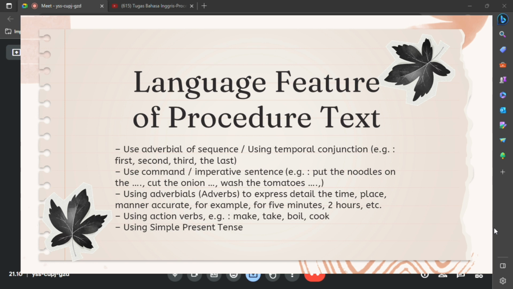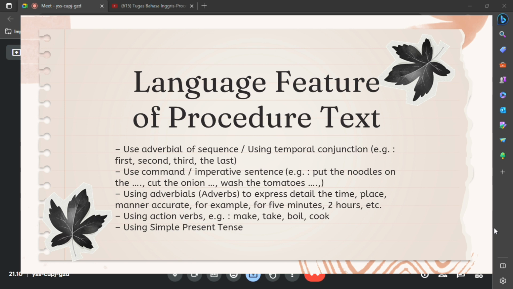They use adverbials of sequence or temporal conjunctions, for example: first, second, third, the last. Next, use command or imperative sentences like put the noodles on the plate, cut the onion, wash the tomatoes,